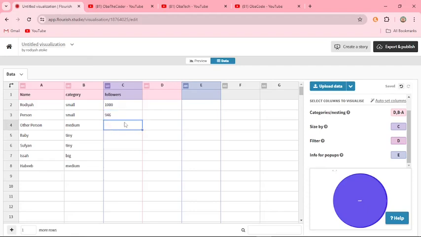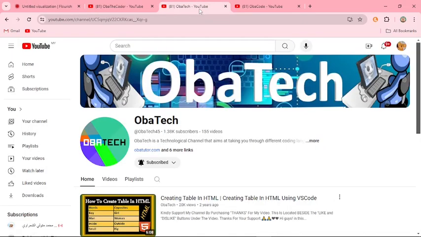Other person who's medium will have 4032. Baby who is tiny has only 46, and Sufyan who is tiny has like 78. Isa is big,